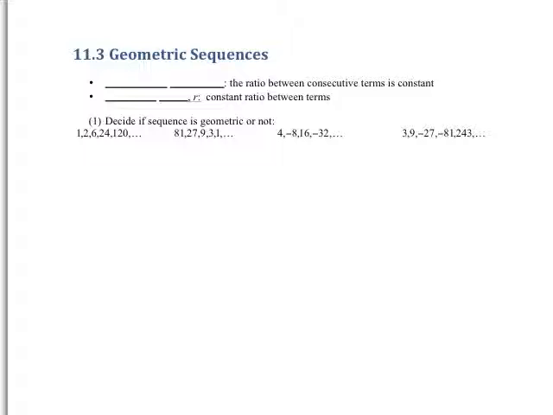Today we're going to talk about 11.3, and 11.3 is similar to what 11.2 is about in the fact that you'll be asked kind of the same questions, but about a different type of sequence. This time we're going to be talking about geometric sequences, and in geometric sequences, the numbers constantly go up or down by the same ratio, the same multiple. So geometric sequences are sequences where the ratio in between different terms is constant, and that particular